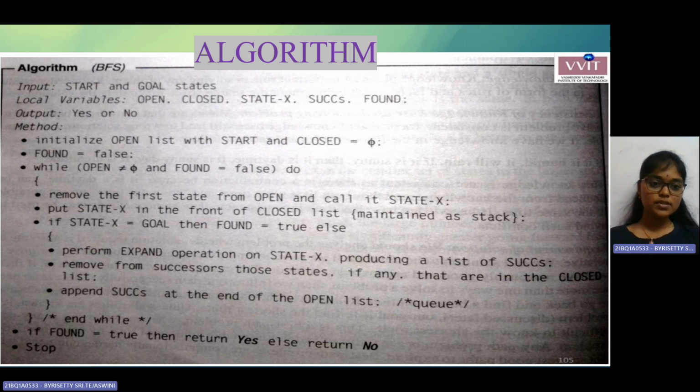Now remove from the successors those states, if any, that are in the closed list. If the closed list contains any of the successors, remove them and keep the rest in the open list. Append successors at the end of the open list. As I said, the successors are added to the open list at the end. So this process continues